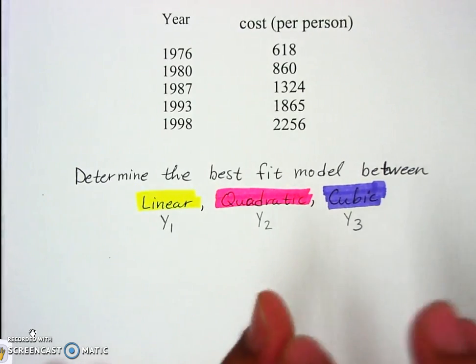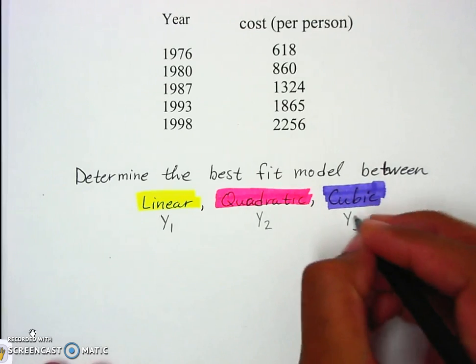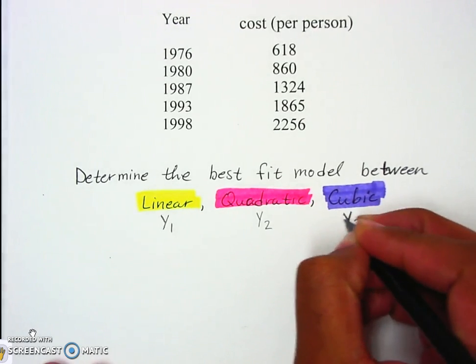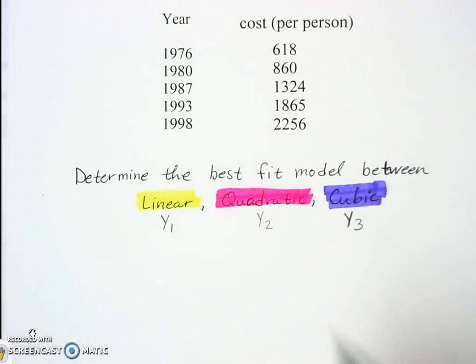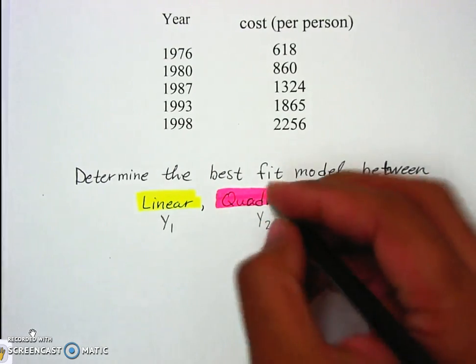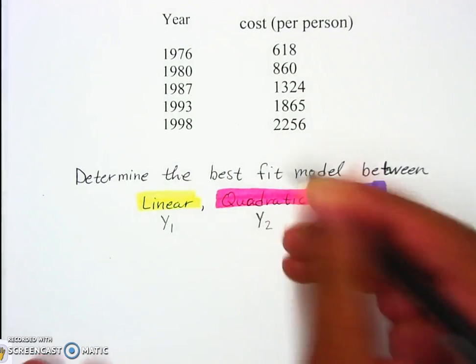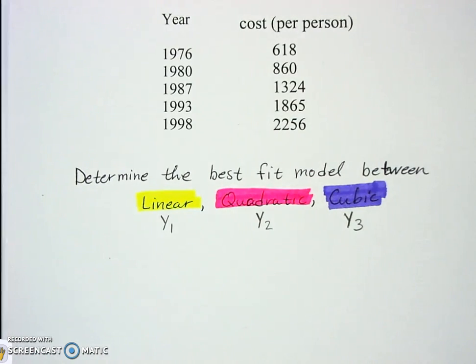I want you to stay with me when we do this, because with each one of these, it's not 1 over 3. It's y3, y2, and y1. Stay with me, because it's important that we keep all 3 functions in the calculator. All 3 of them. Because we need to figure out which one is the best. All right, so with this,